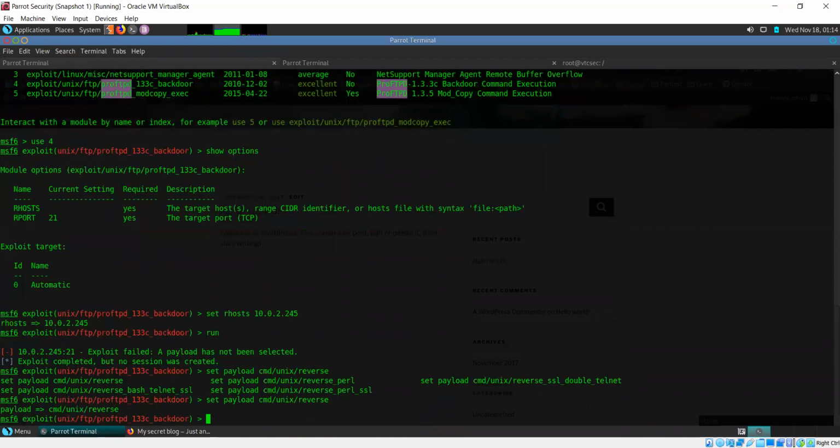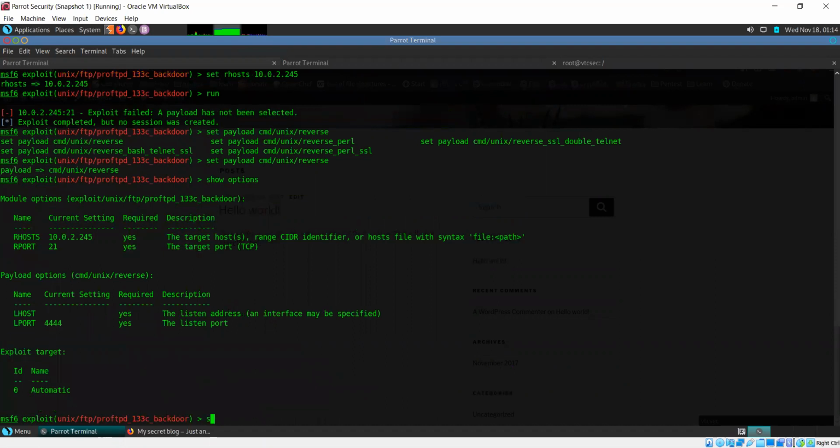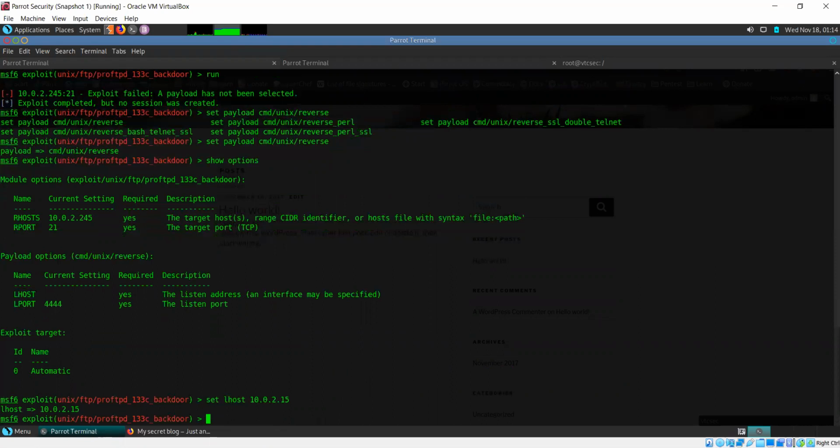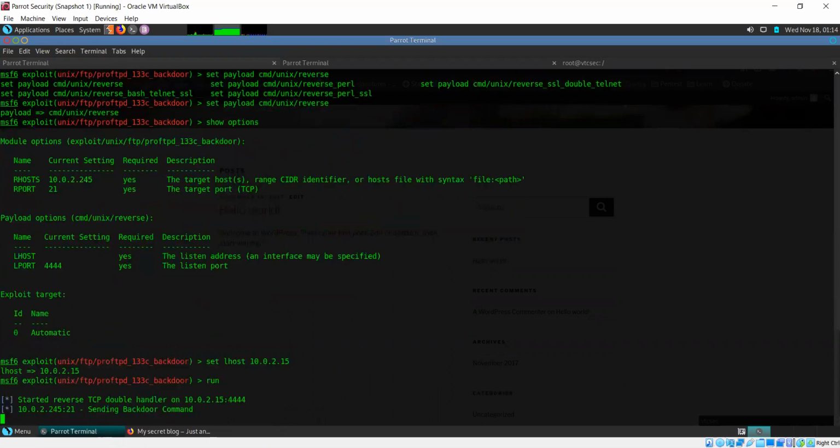Let me just use this reverse shell payload. Show options again. I'll set the host to our own IP and run.